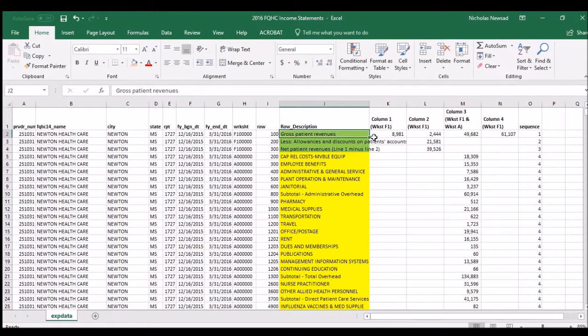So you can see here we have gross patient revenues on row 1, and you can see this is actually Medicare, Medicaid, other, and total. So if you add up these gross revenues, you'll get your total over here in column 4. We have contractual allowances, and then we have net patient revenue. So you can see that if you add up the allowances and net patient revenues, you get back to your